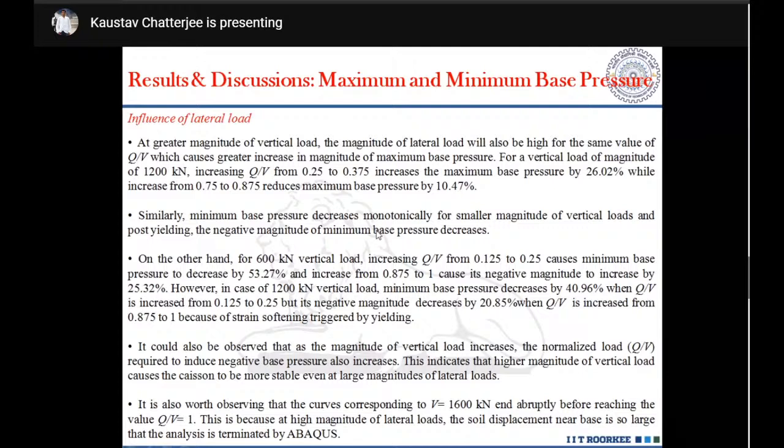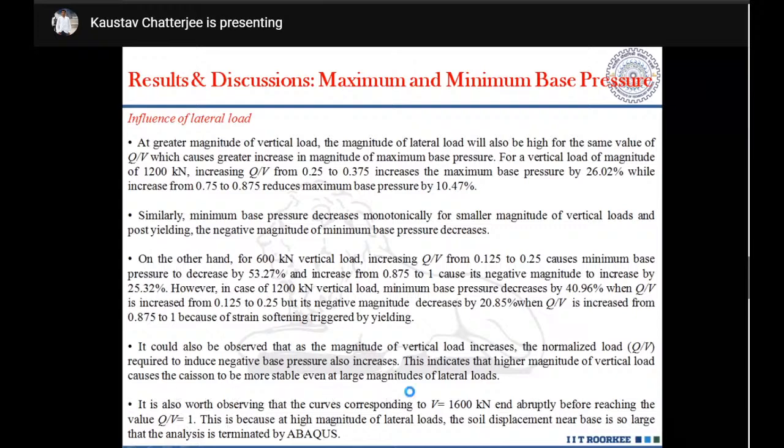Now coming to the minimum base pressure, it also decreases monotonically for smaller magnitude of vertical load, and post yielding the negative magnitude further decreases. Similarly, it is the same thing. We also observe that as the magnitude of vertical load increases, the normalized load required to induce negative base pressure also increases. This means that a higher magnitude of vertical load causes the caisson to be more stable even at larger